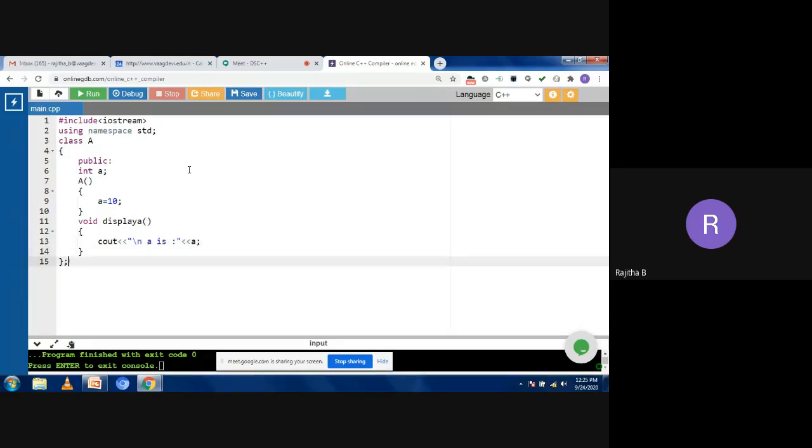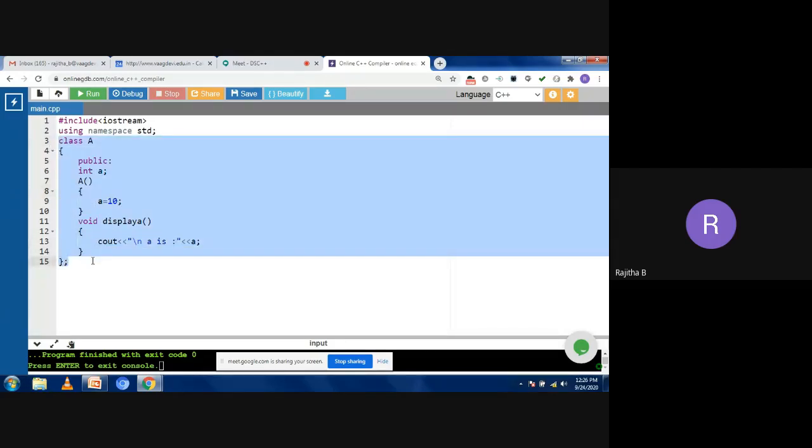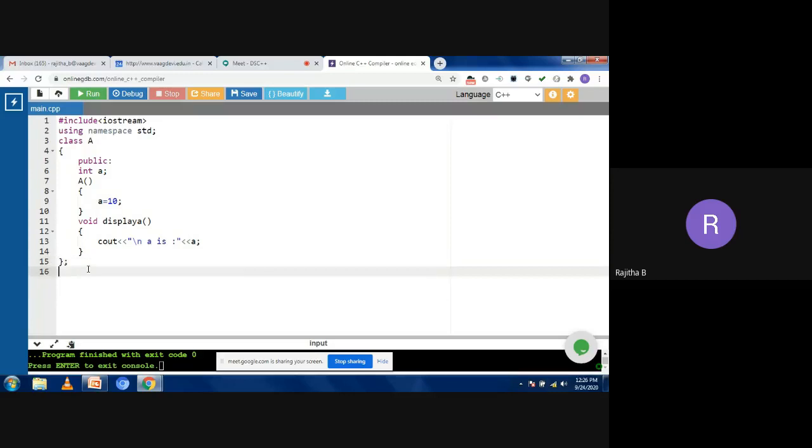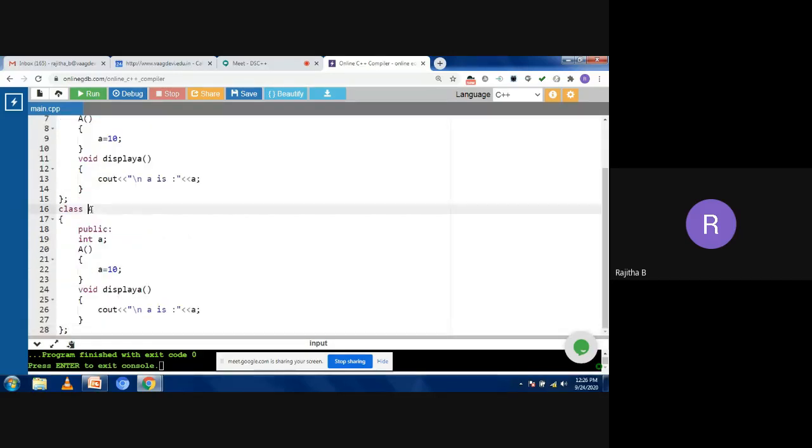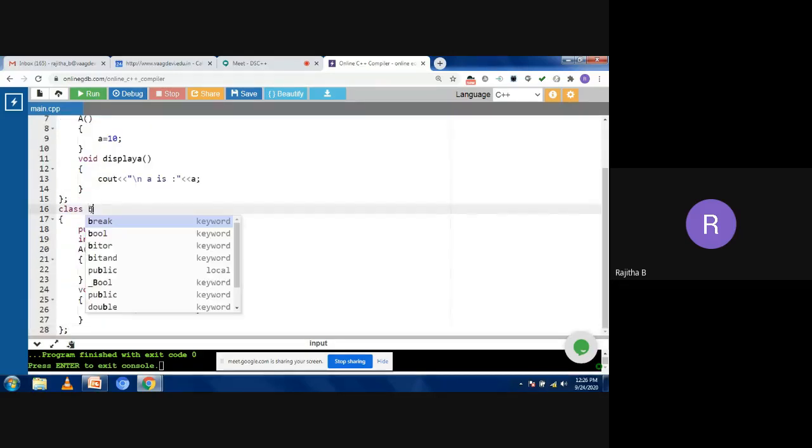So this is my class A. I'm taking one constructor and one display function in class A. Now come to class B. I want to take the same as class A in class B also. Now I'm creating the class B.